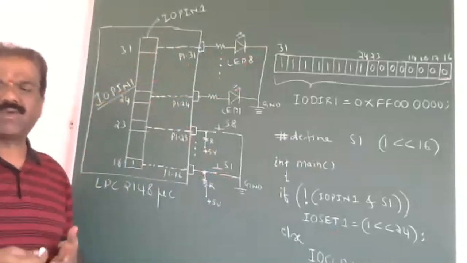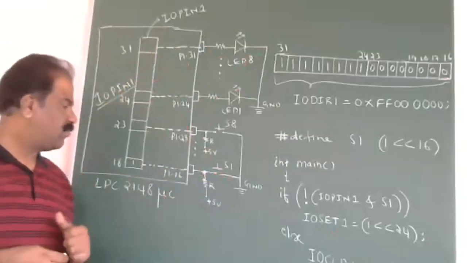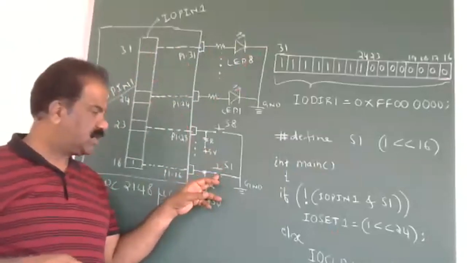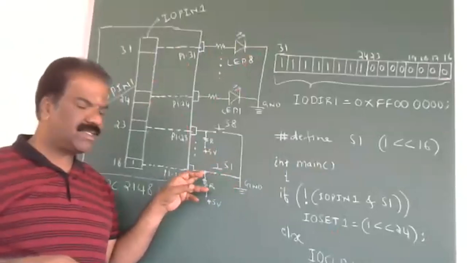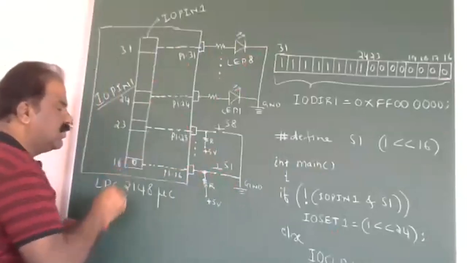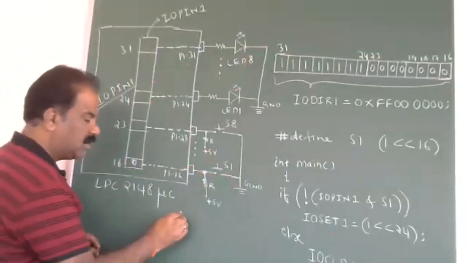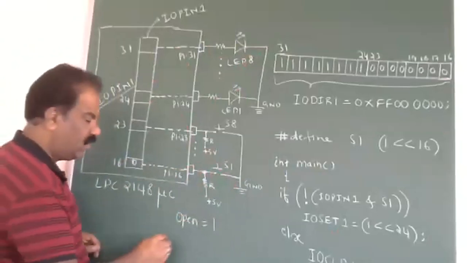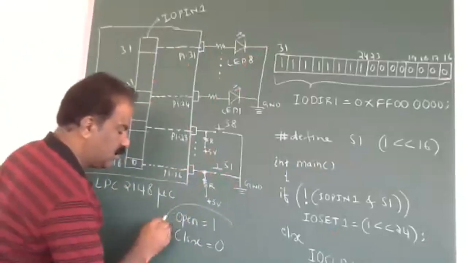Then, depending upon your requirement, through software you can manipulate. So that is the logic behind this. Suppose you close the switch, what happens? If you close the switch, this is connected to ground. What is the potential at this point? Low, means 0. That 0 comes here. What's your conclusion? If the switch is open, what's the value? Say 1. If it is closed, what's the value? 0. So this is very important.